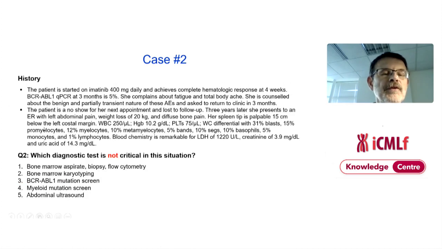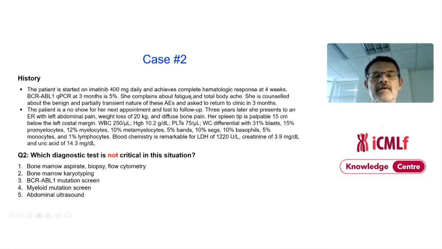So what's next? The patient is started on 400 milligrams imatinib daily and achieves a complete hematologic response very fast. BCR-ABL qPCR at 3 months is 5%, consistent with early molecular response. She complains about fatigue and total body ache. She's counseled about the benign and partially transient nature of these AEs, adverse events, and asked to return to clinic